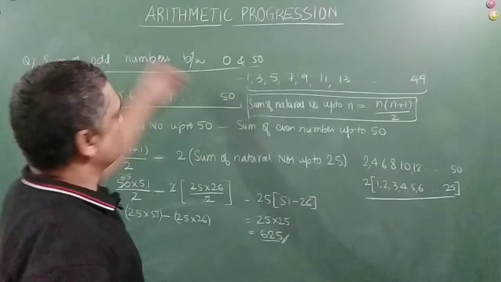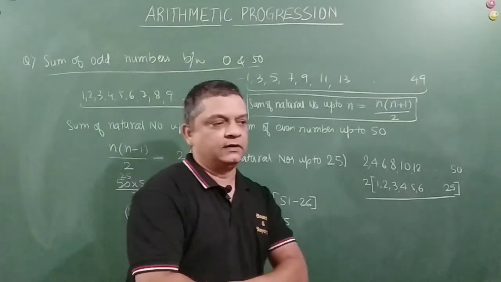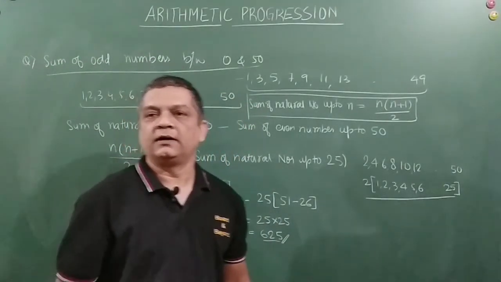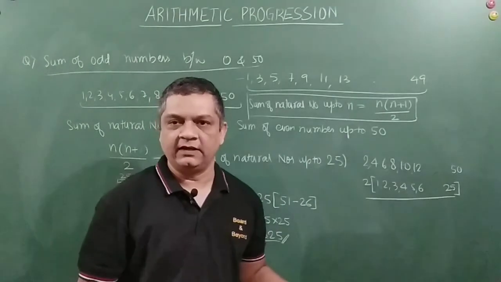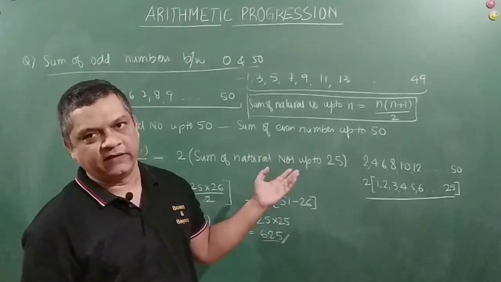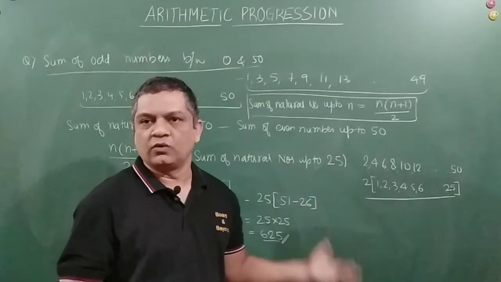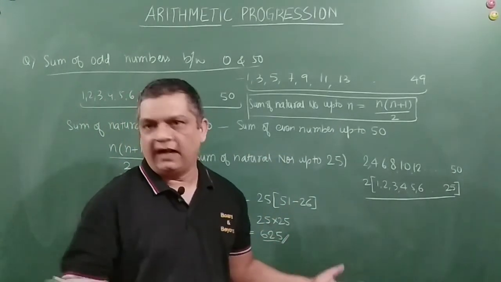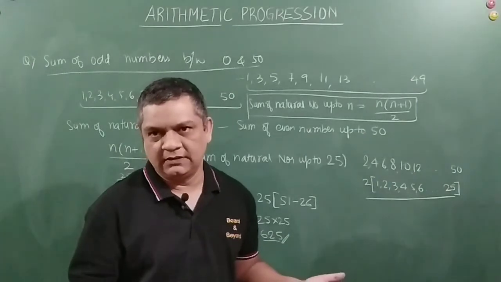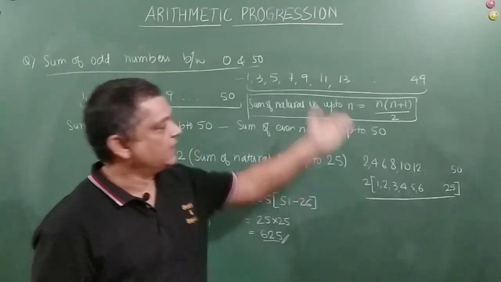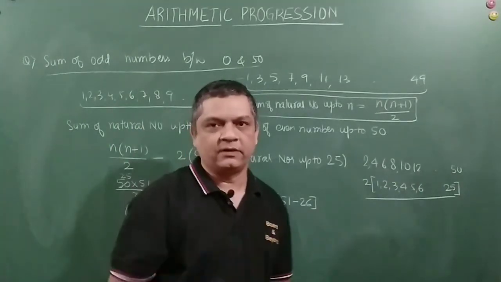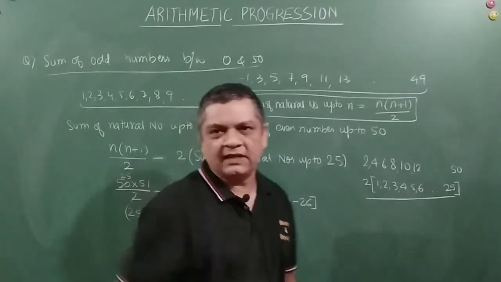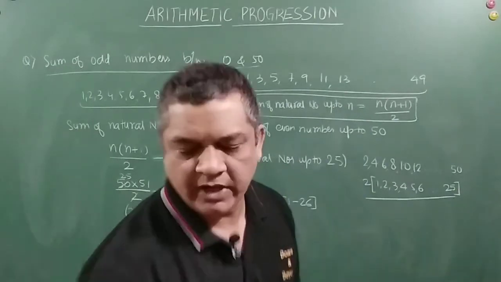By the way, this also can be derived with the same formula. Your Sn is equal to n by 2 in bracket 2a plus n minus 1 d. With the same thing you can actually derive it. There a is equal to 1, right? And d is equal to 1. Once you place a and d as 1, you will get this. Okay? You did not memorize it actually. From there only you can basically derive it. But easier way, you can basically remember it also. Not a